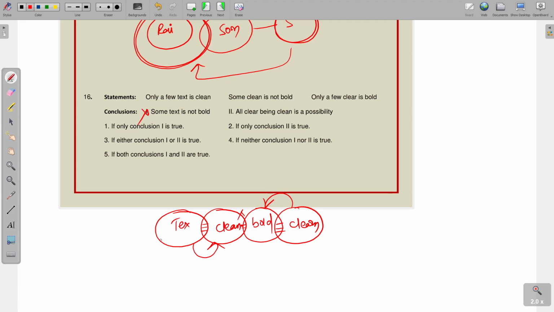So here only some and some not is following, so it is a definite possibility, and that definitely follows. So only option 2 is correct. Only option 2 is correct. Next,